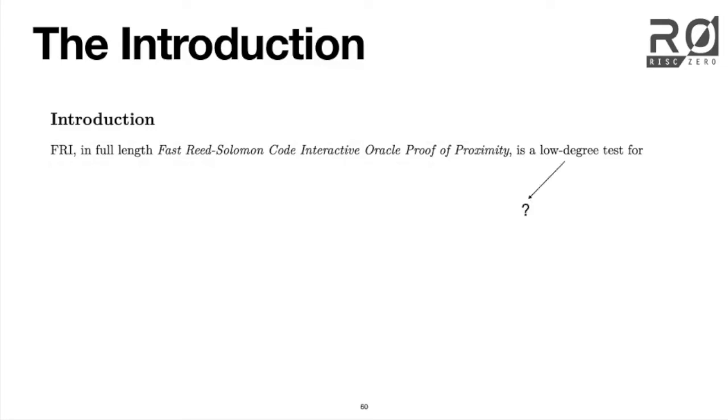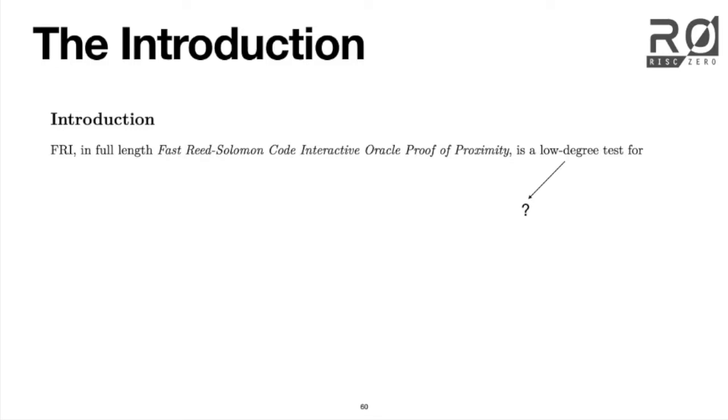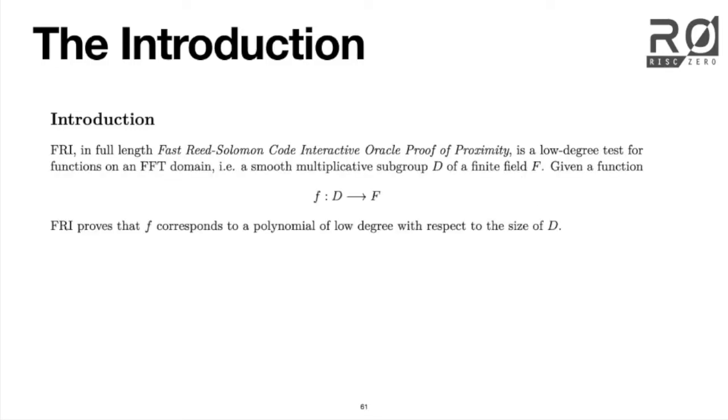So what do we mean by this low-degree test? It elaborates. It says, FRI is a low-degree test for functions on an FFT domain, i.e. a smooth multiplicative subgroup D of finite field F. This is sentence 1. Again, if you don't have a degree in math, reading this is probably pretty tricky, but